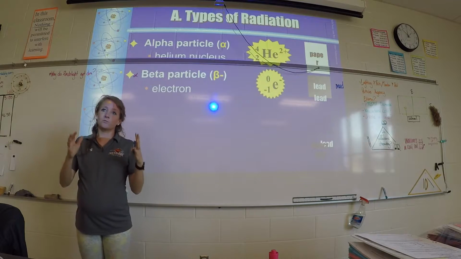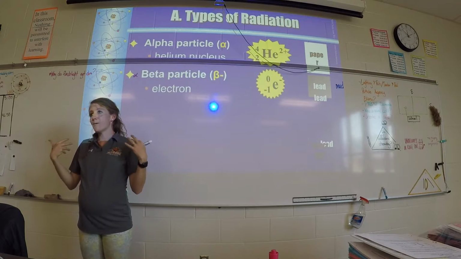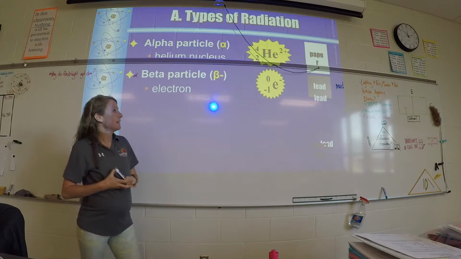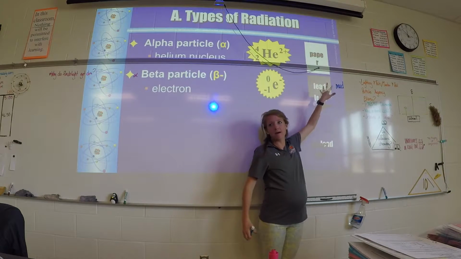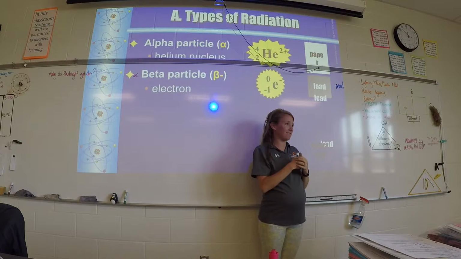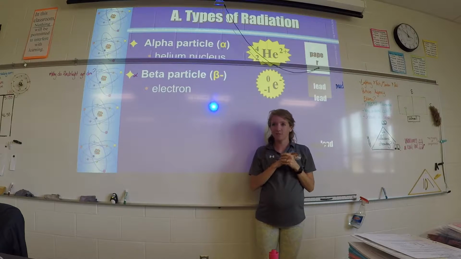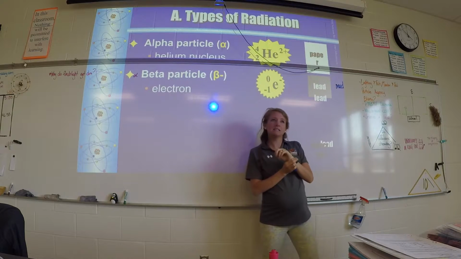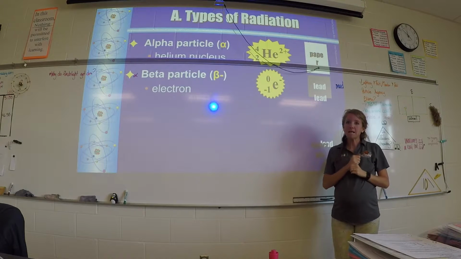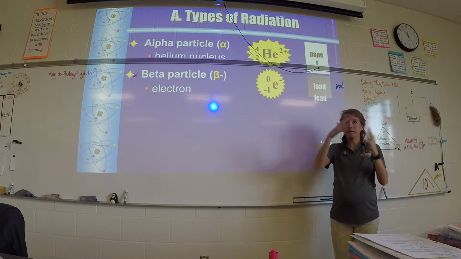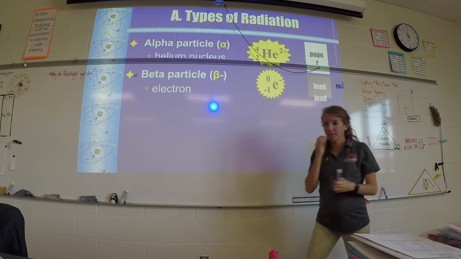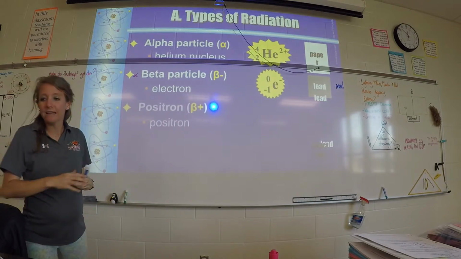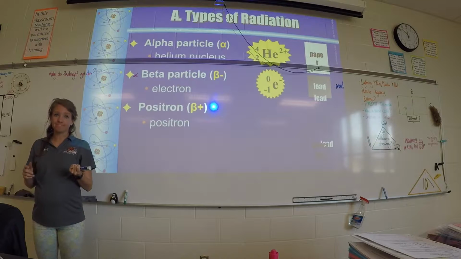Beta particles will pass through paper. They possibly could penetrate you, and they get stopped by metal. Dense metals have the ability to stop beta particles. I think X-rays would fall near that, in that same comparison, for sure. All right, our next particle is known as a positron.